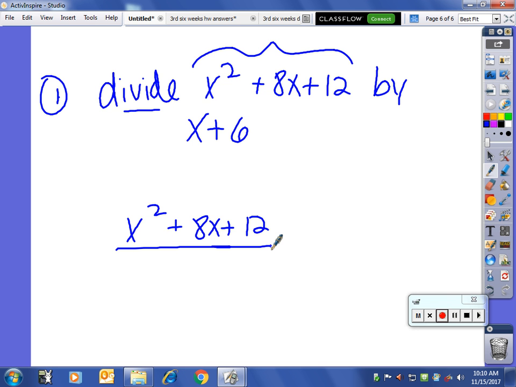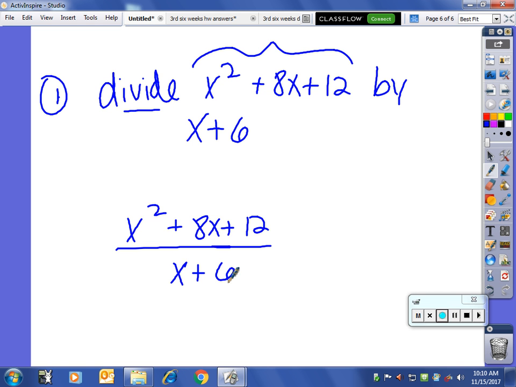We'll do one of those in just a minute. What is the denominator is what you are dividing by. We want to divide all of this by x plus 6. Now, this is not the same problem that we did yesterday because these problems have pluses and minuses in between